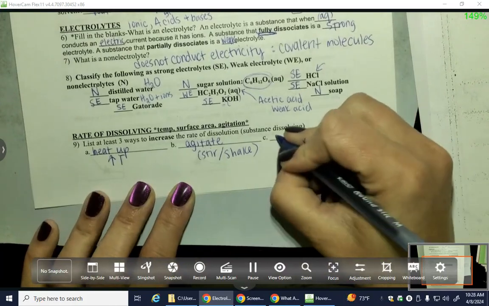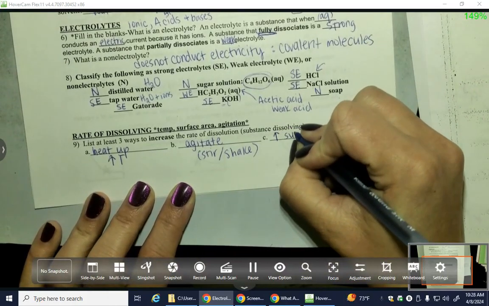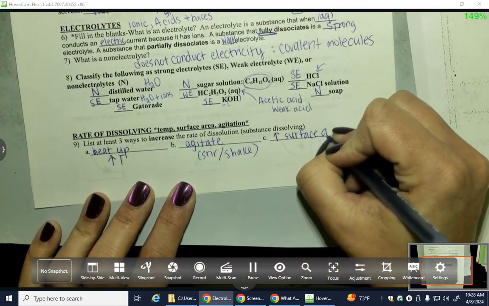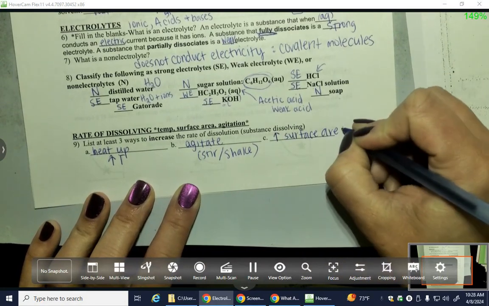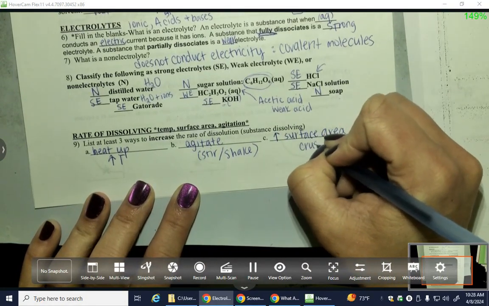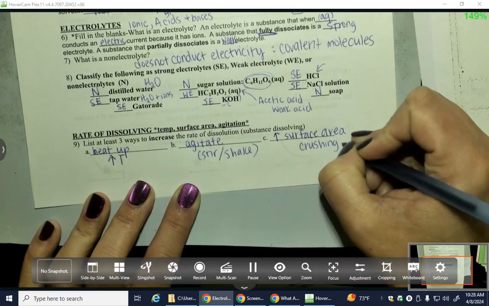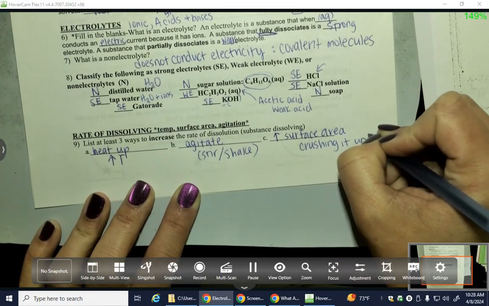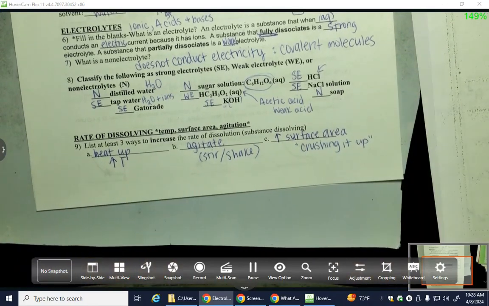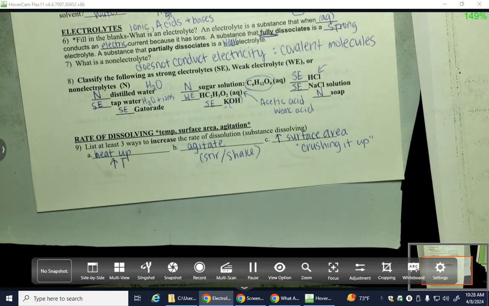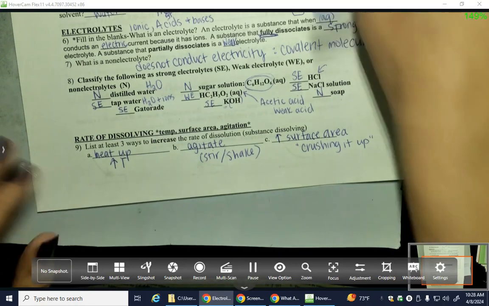Or we're going to increase surface area. Remember, increasing surface area means crushing. Okay? Because what we're trying to do is make more of the collisions happen between the water molecules and the little salt itself. Okay? Okay. So let's go ahead and